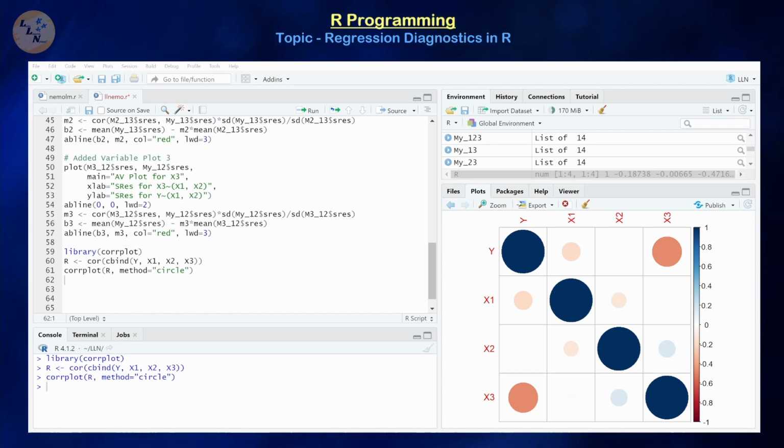Okay, so those are the primary things that you definitely need to know for multiple linear regression, including diagnostic tests such as correlation matrices, added variable plots,